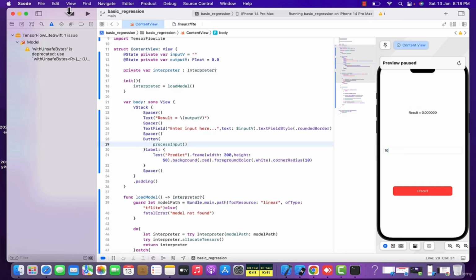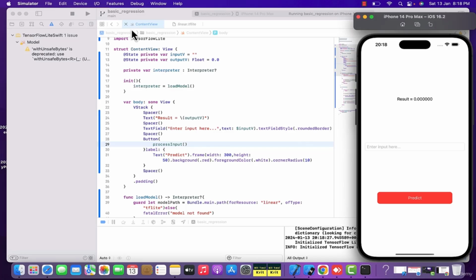So let's install the application inside our real device or inside a simulator and test it. Now our application is installed inside the simulator, so we will test it by entering a value here. I will type 100 and click on this predict button. And there you can see we got the output, which is